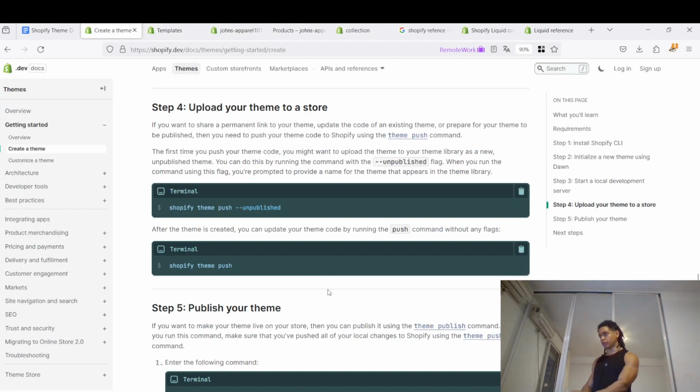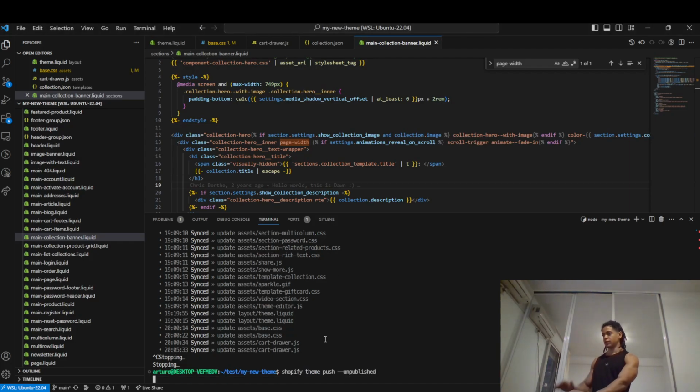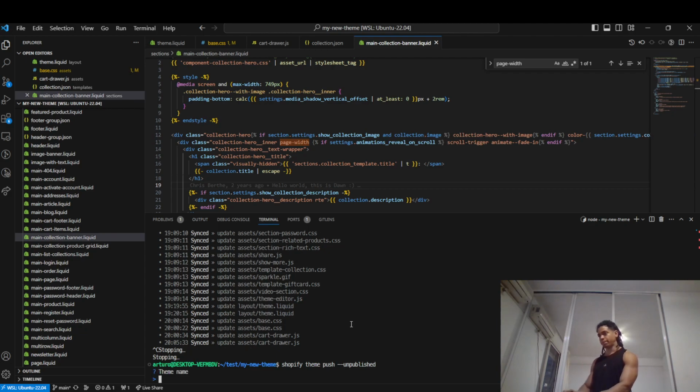So by pushing this command, to publish, meaning to the theme library, let me take a closer look at this. To the theme library, theme name